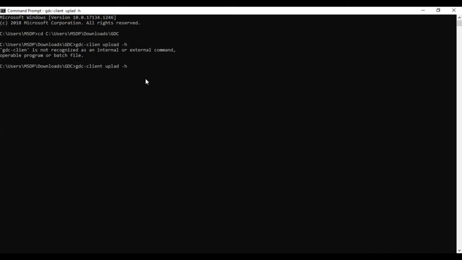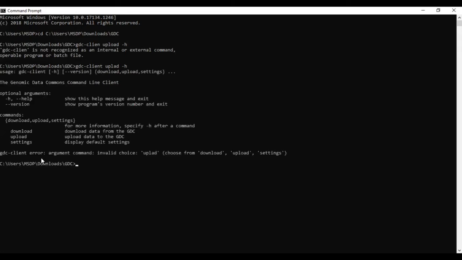So it has been taking time. Here you can see it is providing the options regarding how to download and upload the files from the GDC portal.